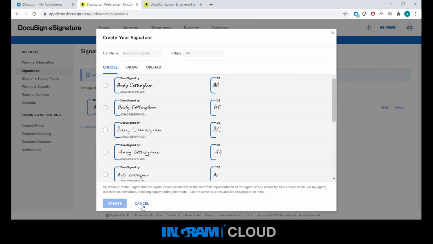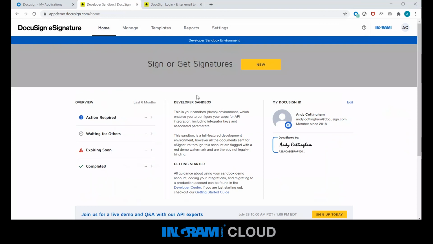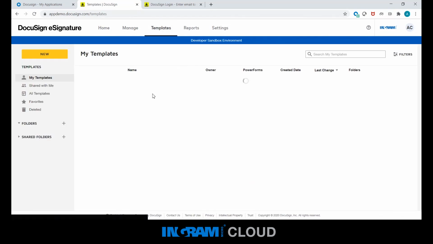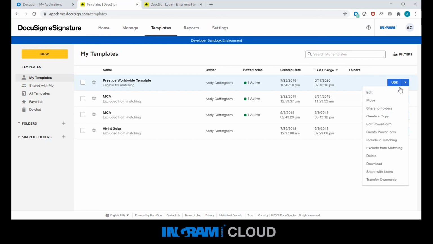So let's go back into the home page. What I'm going to do today is go in and use a template. Templates are really important because if you're using a template, you can pre-build all of that information. Then you can just keep sending the same template and change the details each time. So again, it speeds up the process. I'm going to use one of my pre-built templates and show you how easy it is to create this document